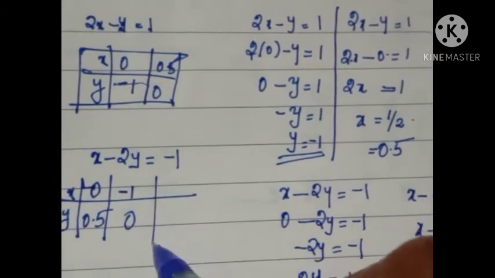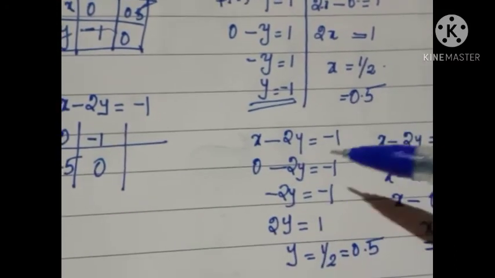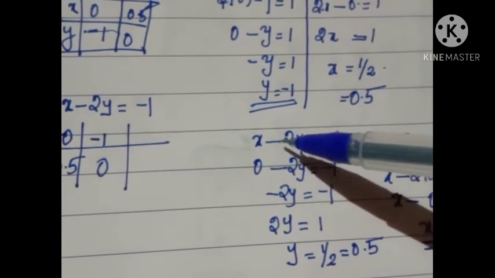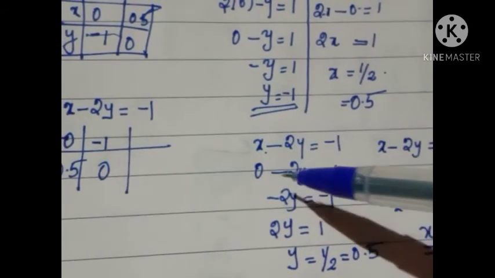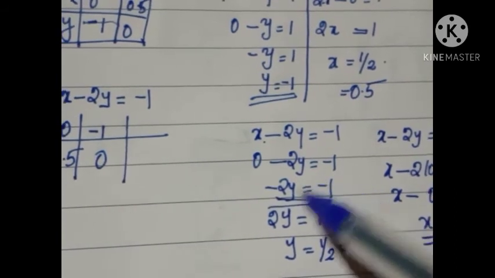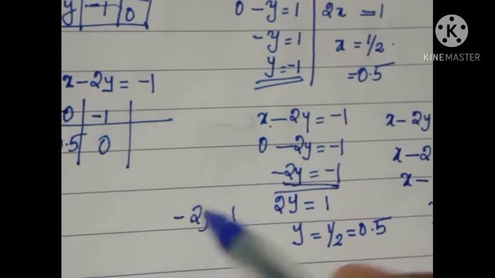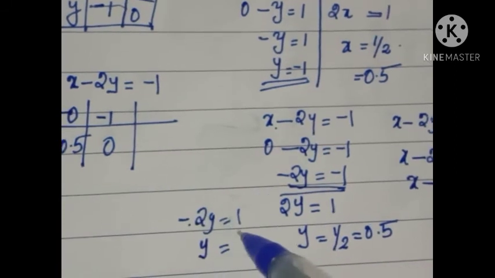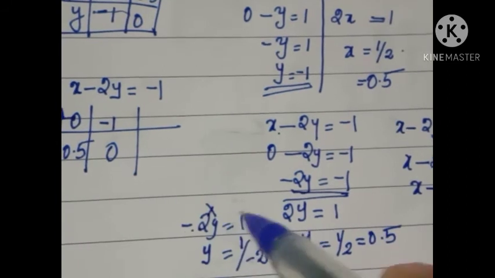See, while assigning these values for x and y, you should keep in mind that the sign will change: plus becomes minus, minus becomes plus, if it is terms. Here, look, suppose it is plus 1, 2y is equal to 1. If we take this minus 2 to the other side, the negative sign remains constant. There is no change because it is product and division.